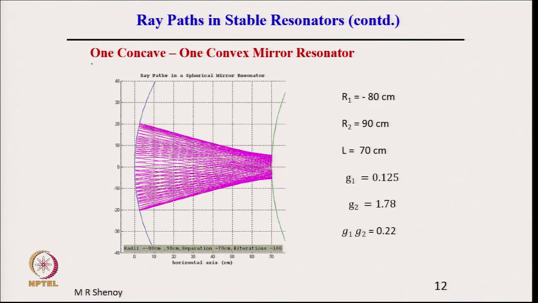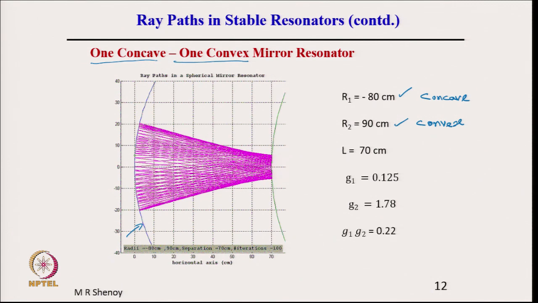What is now shown is one concave mirror and one convex mirror. I had mentioned that yes, they can also form stable resonators. See the example which is taken: R1 is minus 80 centimeter, which means the mirror on the left side here is concave, and this one is convex, with 90 centimeter radius of curvature,